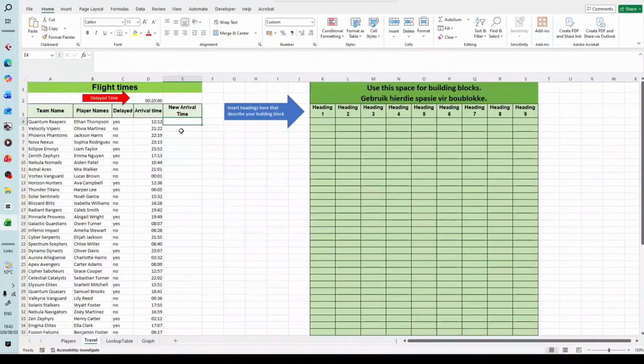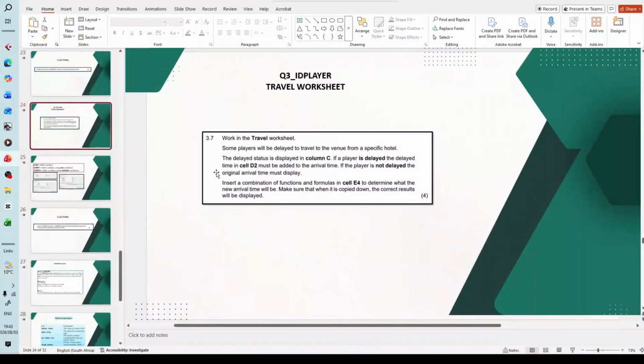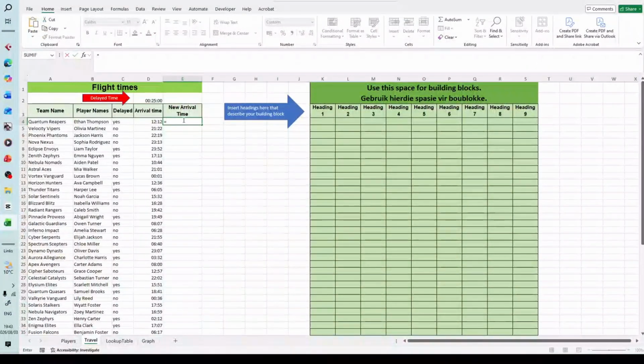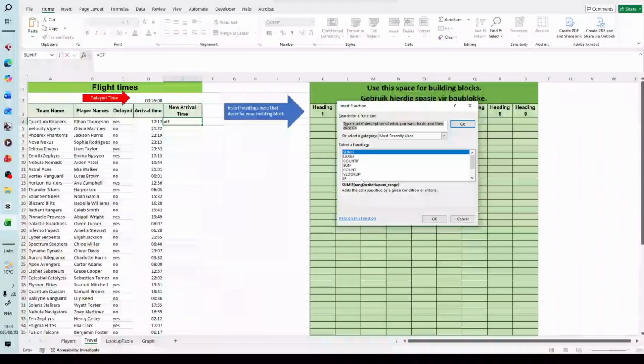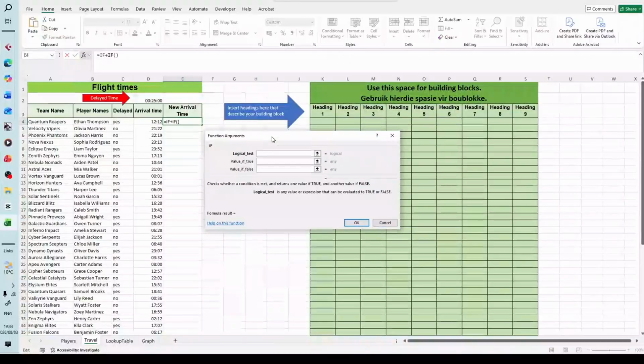So we are going to work right here in our E4, and just by looking at this, you can tell that this has to do with the IF function. So I'll say equals sign IF. Let me go to the function bar, because I always encourage people to work with the function bar. Every time I say work with the function bar, because it makes everything much simpler and clearer for most. The logical test: we are going to say if